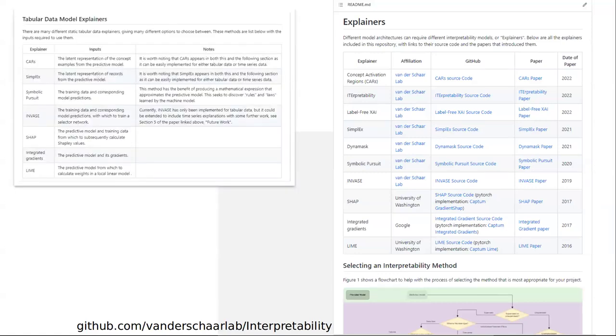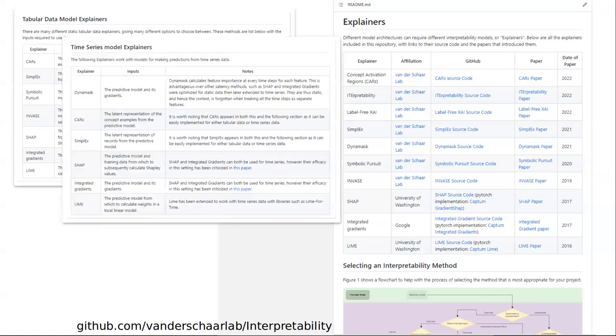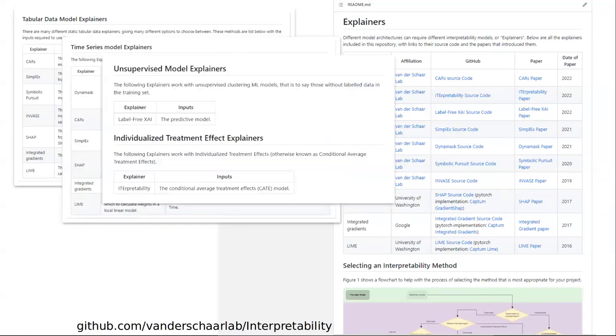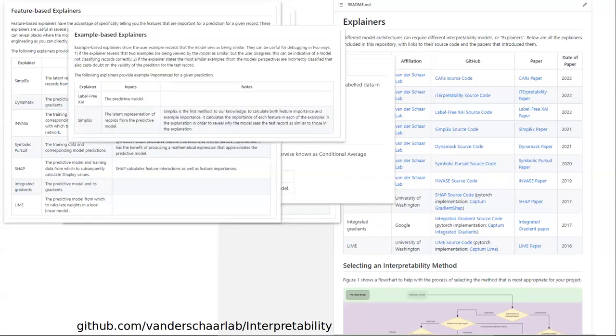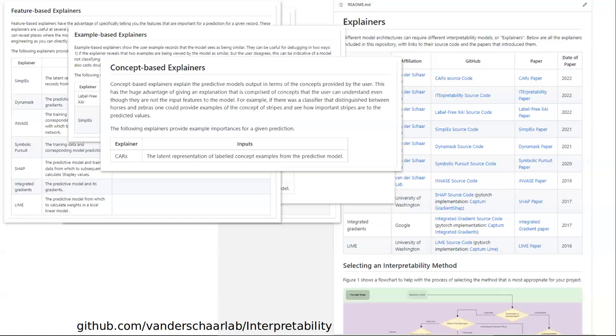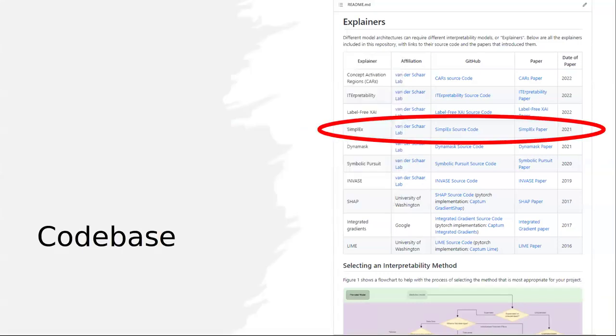And yeah, there are different cases where we need to use different explainers. So there are models for explainers for tabular data and for time series data and unsupervised models or individualized treatment effects. But there are also different models, or different models also produce different types of explanations. So that's things like feature-based explainers and case-based explainers and concept-based explainers. So all of that information is there in the